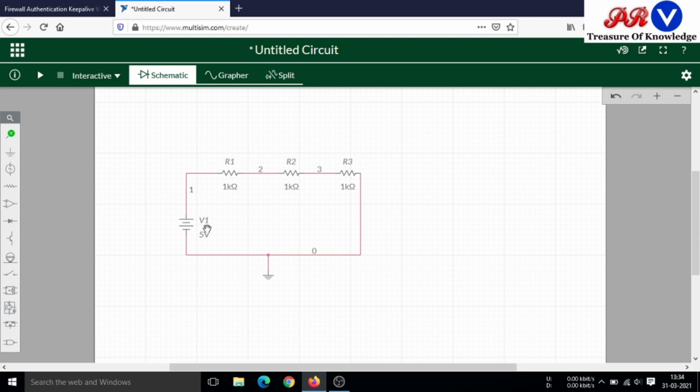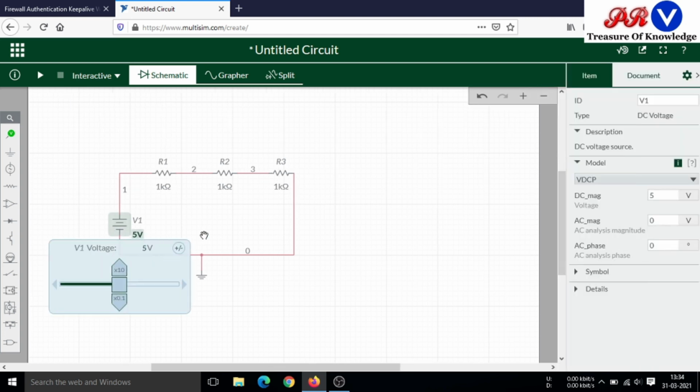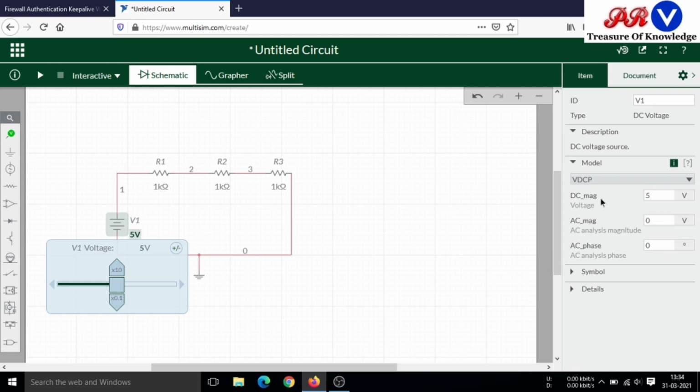According to KVL I am applying this combination a voltage of 5 volt. We can change this 5 volt to any voltage. This is the DC magnitude, and here you can change the value of this voltage.